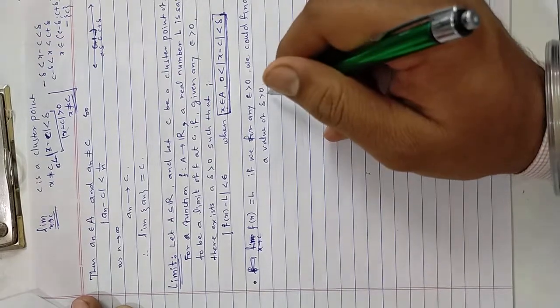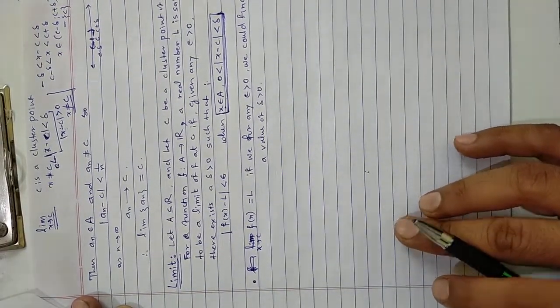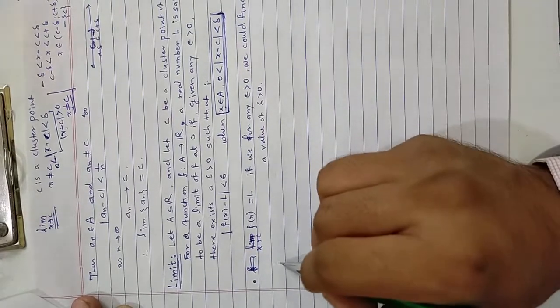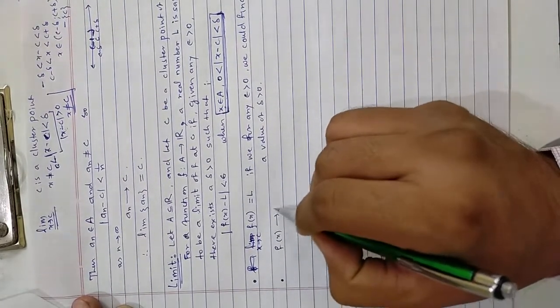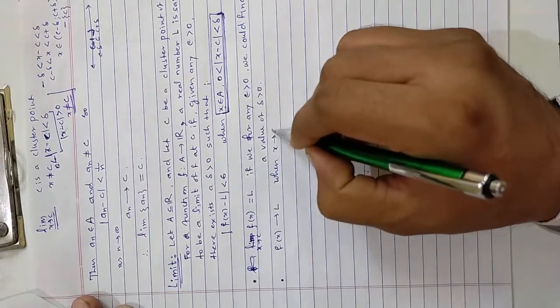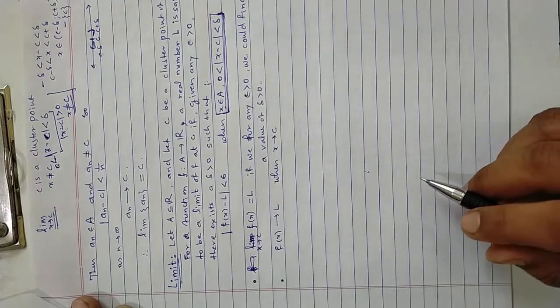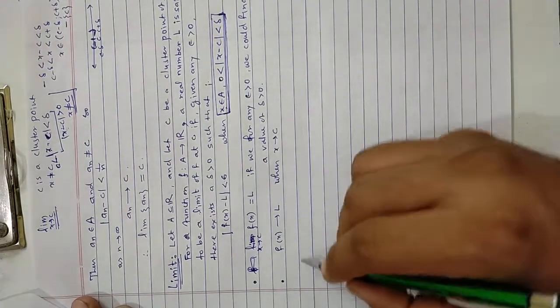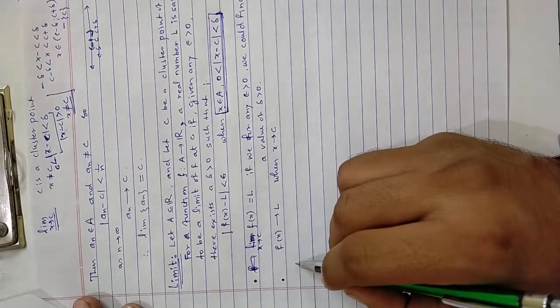Right? If such delta exists, then we can say that limit of fx is L. So we say fx has limit L when x tends to c. So geometrically it means